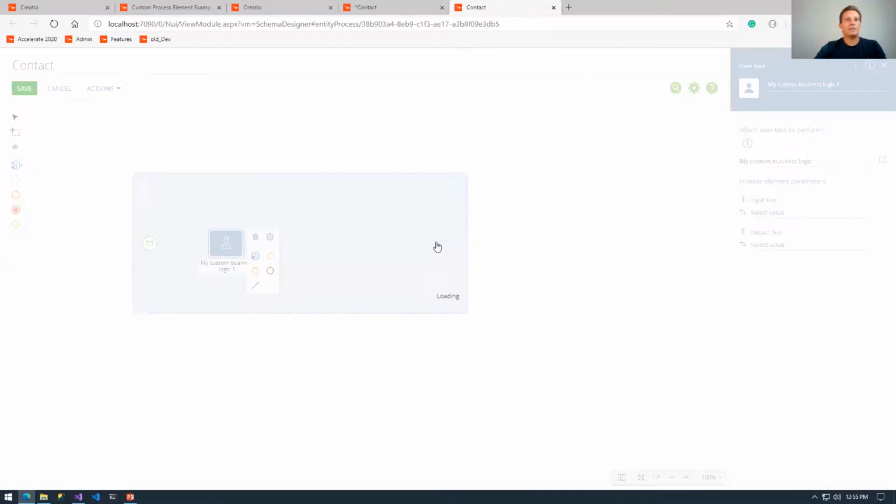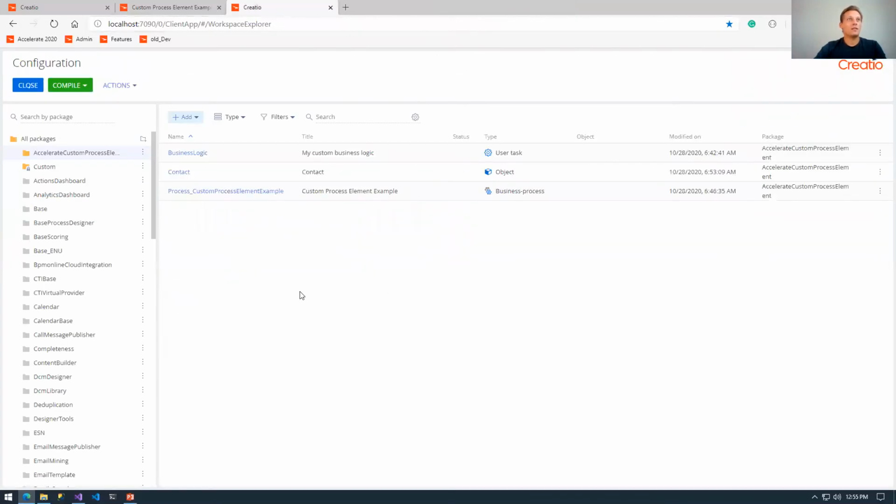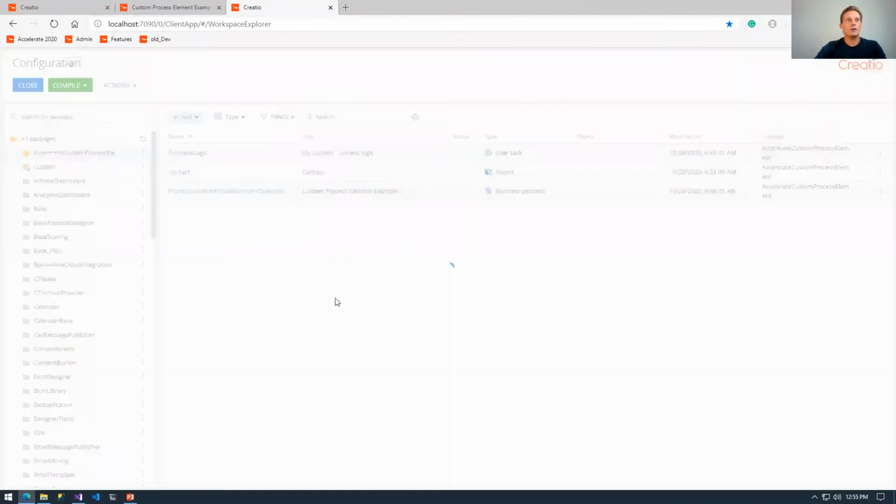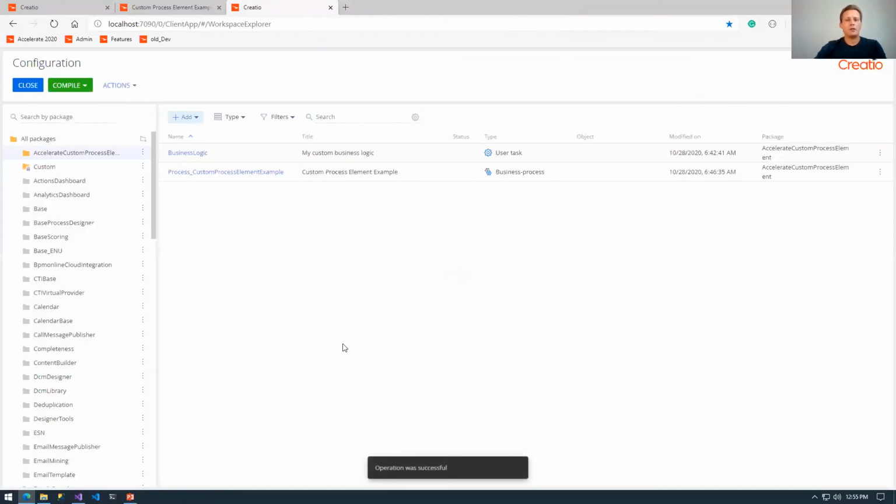Now, I'm not going to be saving this element. I don't want to be saving anything in the context. So let me just go and delete that. I really don't want it to affect the system. And let's move on with